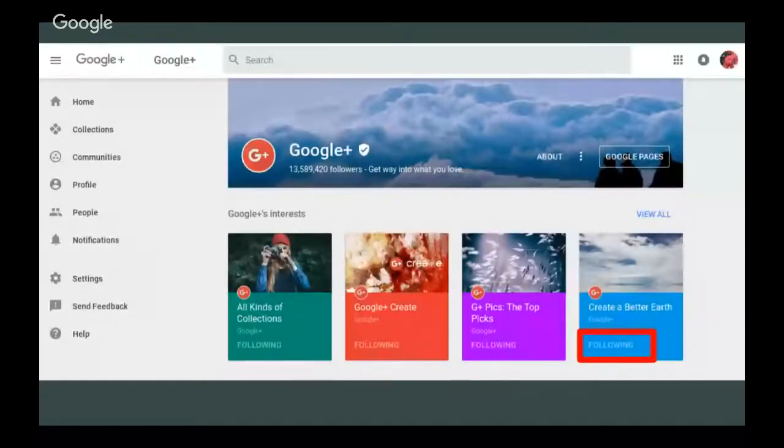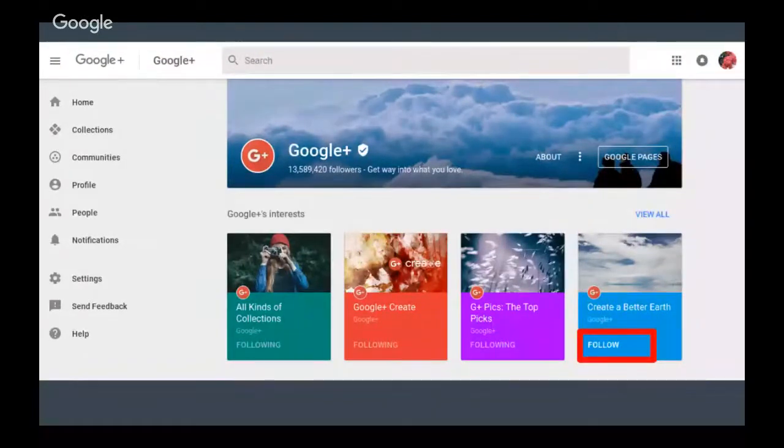But I'm not really interested in the last one, where it's talking about saving the earth or whatever. That's not my thing. So where it says following, I click following. That unfollows it. And you can tell it's unfollowed because the word goes from following to follow again. And then once I've done that, I will no longer see that content in my stream.